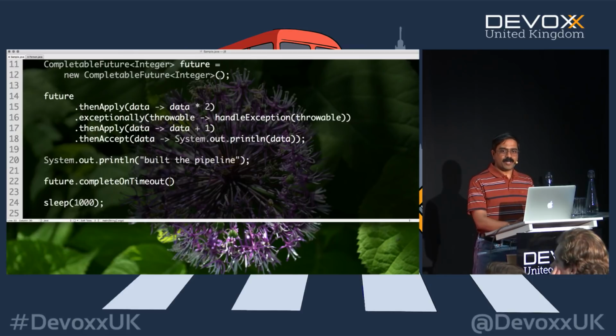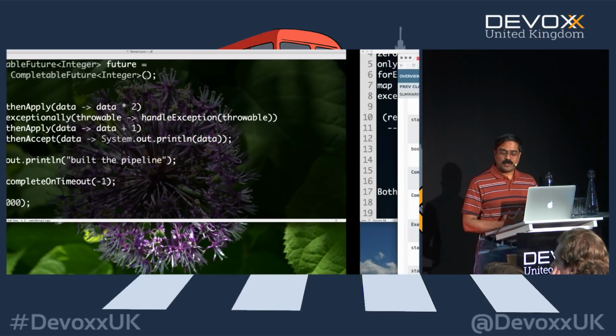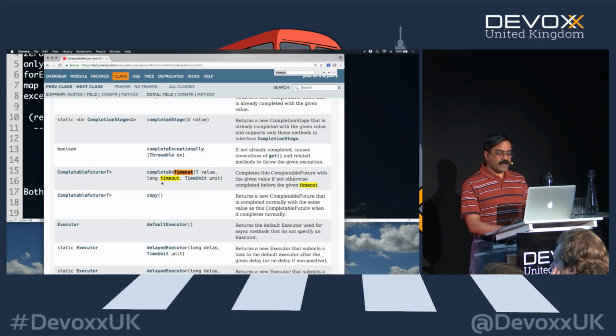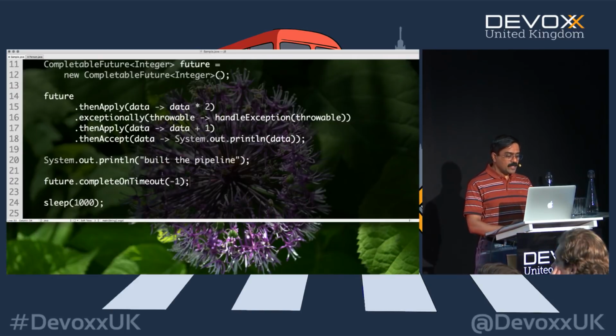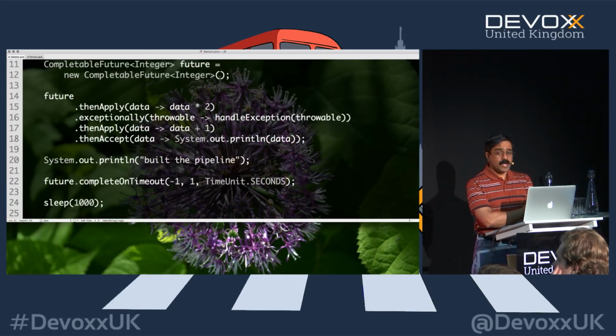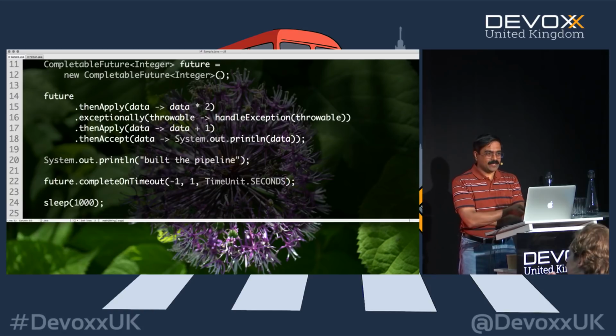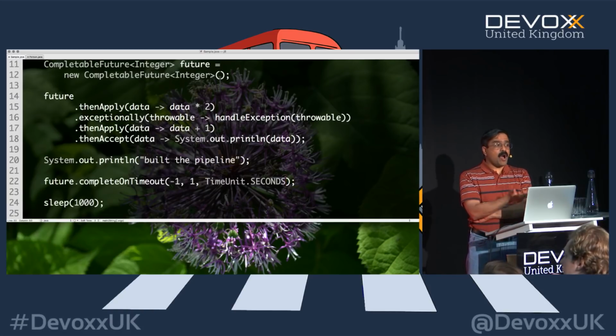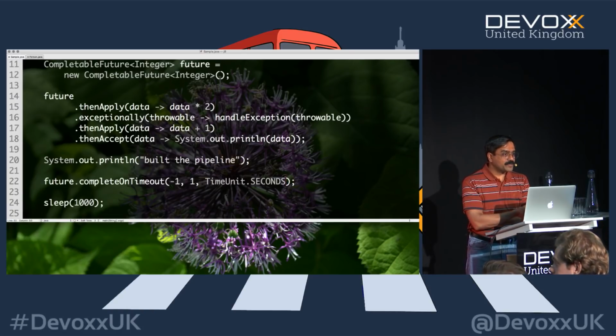And what am I going to return at this point? I'm going to send a -1. But how long am I going to wait for timeout? You can specify a time and a time unit for it. So you can specify here, I'm going to give 1, TimeUnit.SECONDS, and I'm going to give you a second to finish. If you don't finish in a second, I'm going to then resolve it with the -1. That's what I'm saying here, right?